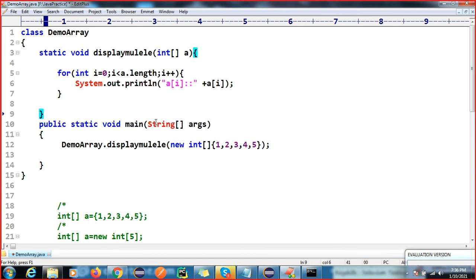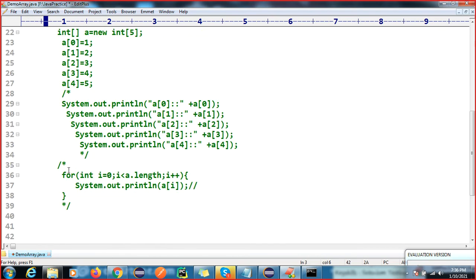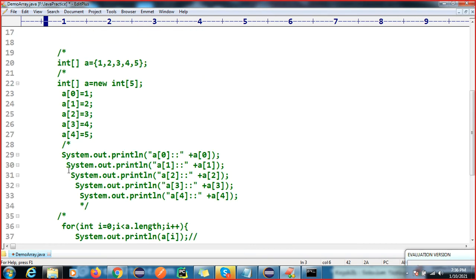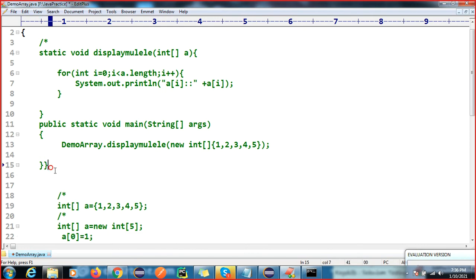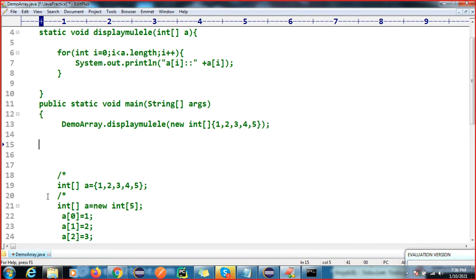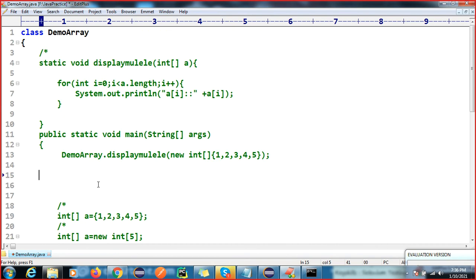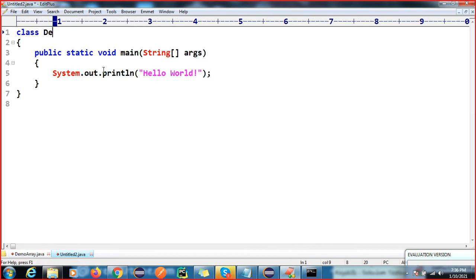Okay, so I want to comment this. Again I want to use this concept. What I'm going to do is create another class, otherwise we will get confused.